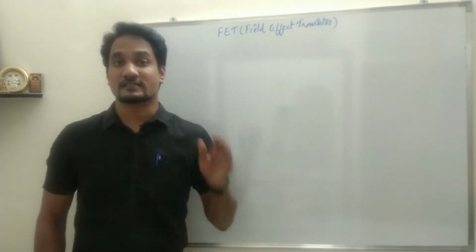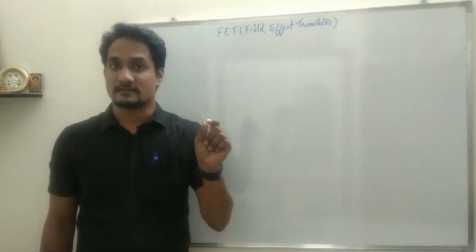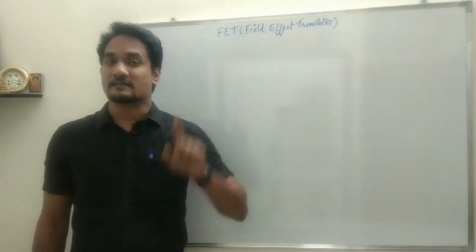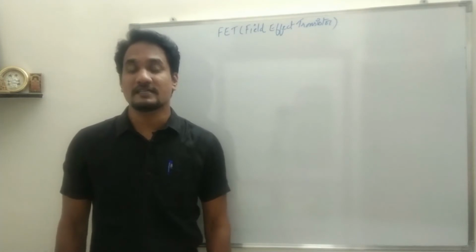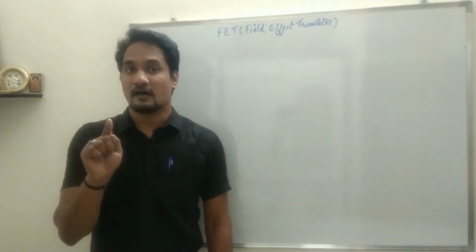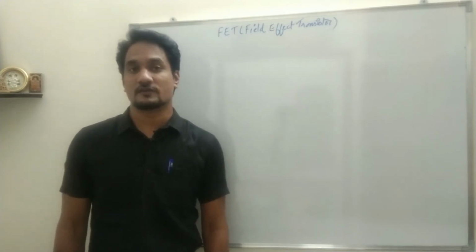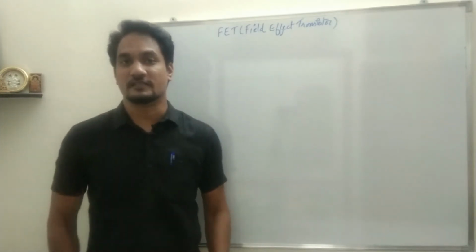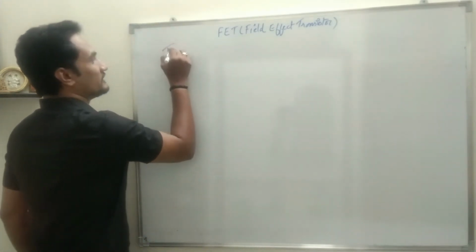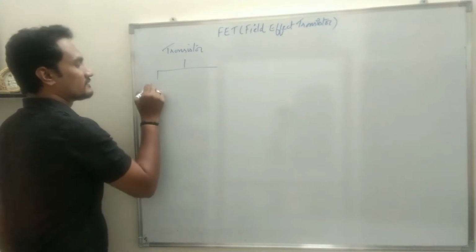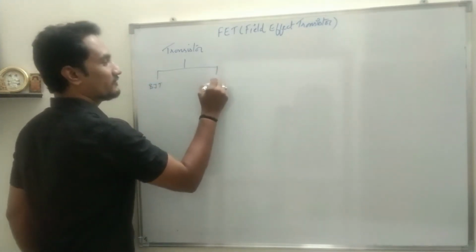In unit number 2 we studied transistor, right? Unit number 3 is also a transistor. The transistor which we have studied there, we called it BJT, bipolar junction transistor, right? And here the transistor which we are going to understand, we will call it FET. Let us try to understand the basic difference between these two transistors, BJT and FET.